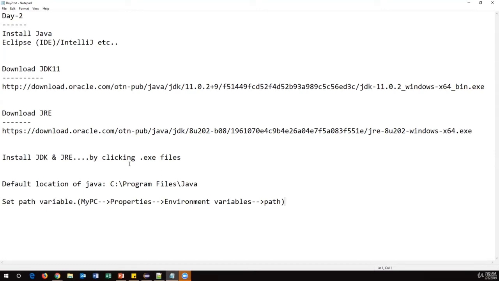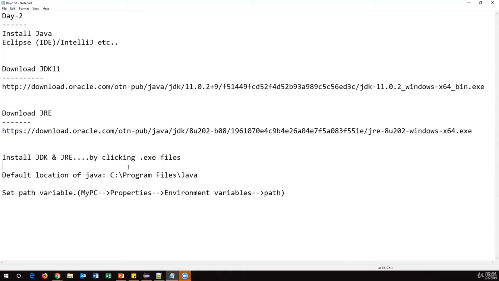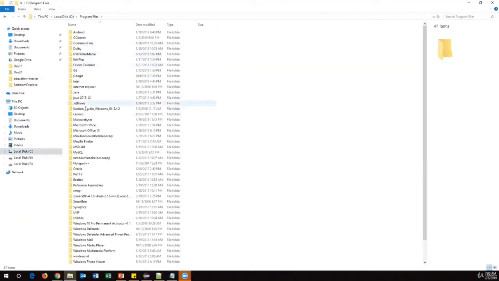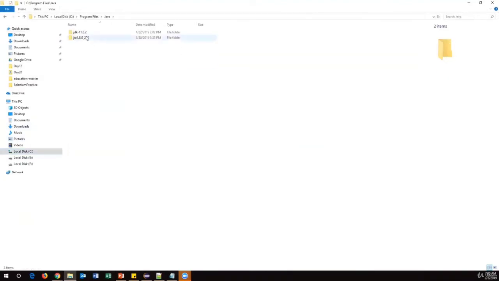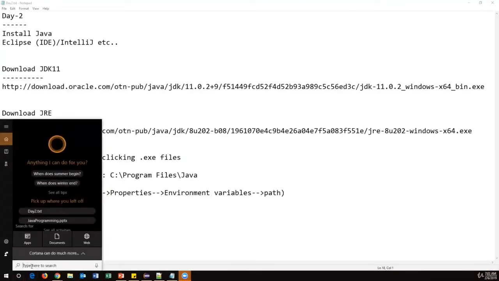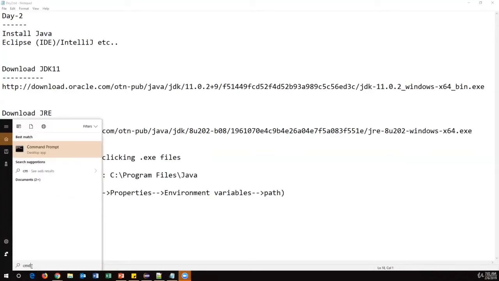How can you verify whether Java is properly installed or not? First, we can go and see whether the folders are properly placed inside, both JDK and JRE. The other verification is to open your command prompt. Just type CMD in the search window in your Windows operating system.